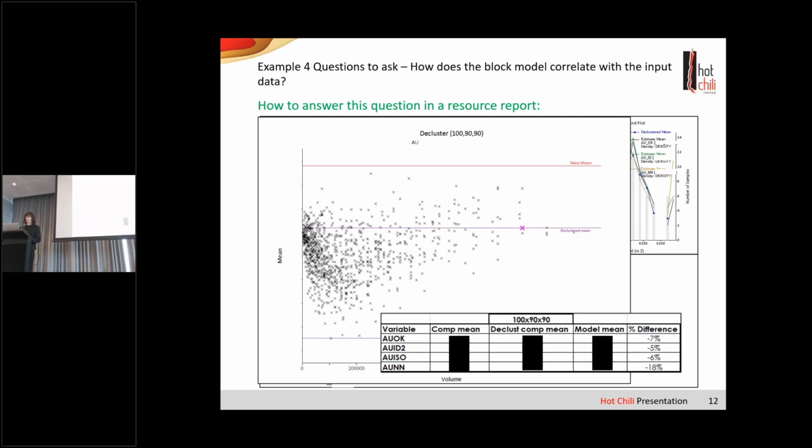And then global stats. Global stats are great, and they should be in there, but they should be taken with a grain of salt. A model can be overcalling at one end and undercalling at the other, and they balance each other out. So you've got within 5% global stats. Doesn't mean your model is actually representative. So the visual component is the most important. Everything else is just extra evidence.